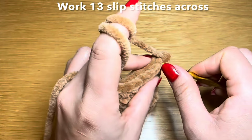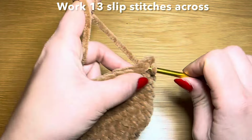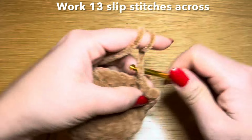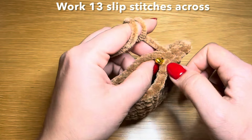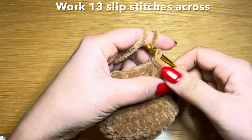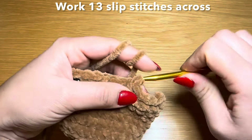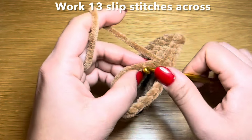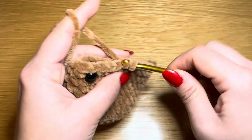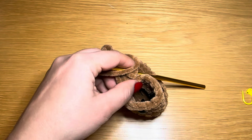We're going to be working slip stitches all the way up to this point, and then we'll stuff this chick up with some fiber fill. So each time, making your way through the front and the back in one go. Pull up a loop, make it go through the loop that's already on your hook. And now I can go ahead and stuff this chick up with some fiber fill